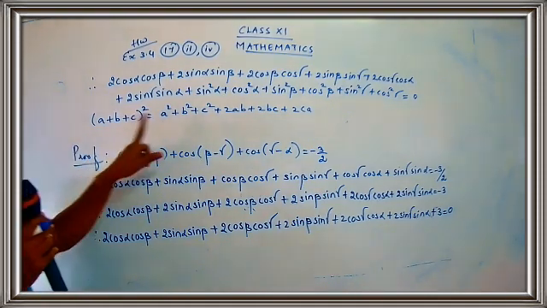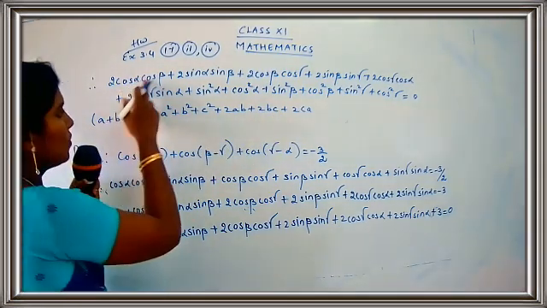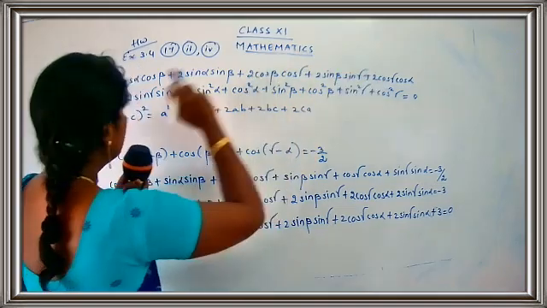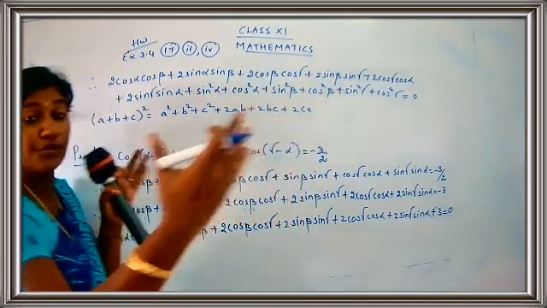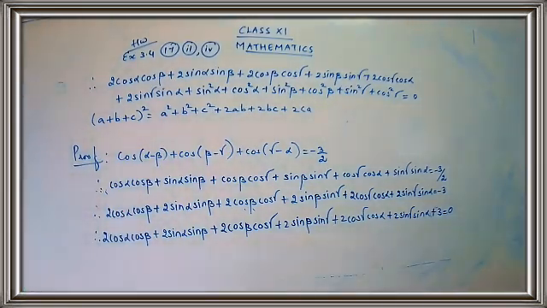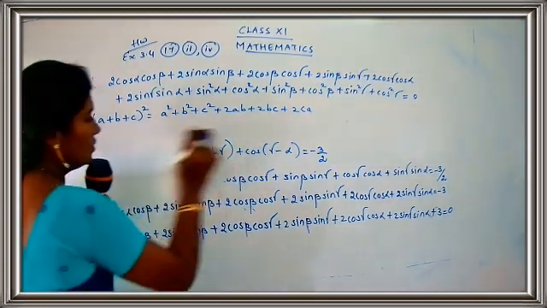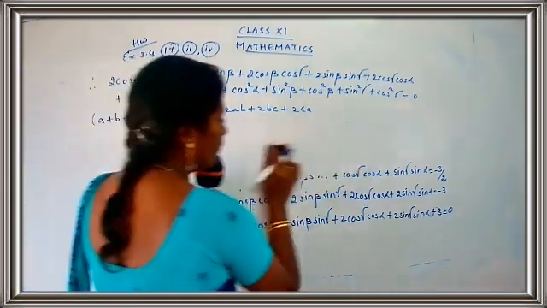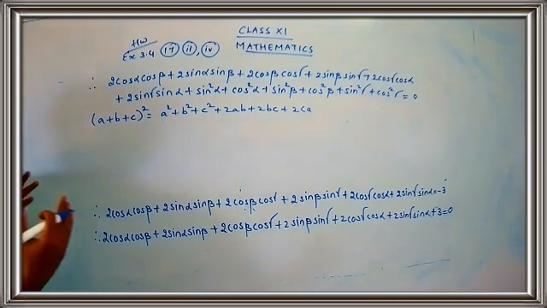See here, 1, 2, 3, 4, 5, 6 terms. Okay, we need 6. So we just count the number of terms 1, 2, 3, 4, 5, 6, 7, 8, 9, 10, 11, 12. That means you're going to get 2 sets over here. So we have to group them properly and we are going to get the answer. Let's see how to group it, children. The grouping is very interesting and just do it properly. So we have just arrived at the proper terms. We have got 12 terms. Now the work is for arranging them.